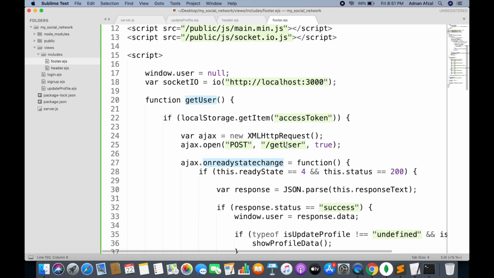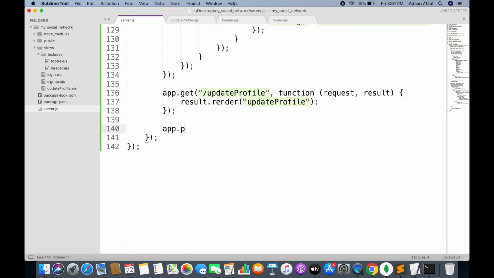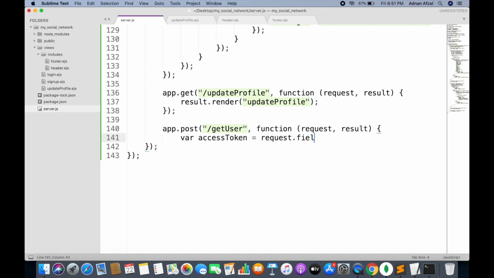So now we need to create this getUser route in the server.js file, a post route for getUser, and it will receive the access token in the request, and it will fetch the record of that user using the access token.